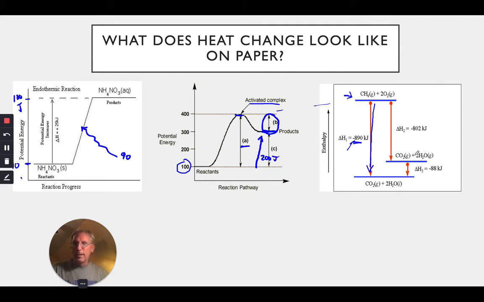So wait a second, why would that happen? Well, I just burned something, it's pretty hot, right? So the water probably isn't going to form a liquid right away. So maybe it stops along the way as carbon dioxide and water vapor and it sits there. So I get 802 kilojoules out the first step, and then some time goes by and the water condenses into a liquid. So it goes from being vapor to a liquid, and that process gives me an additional 88 kilojoules